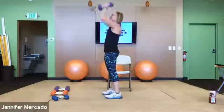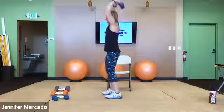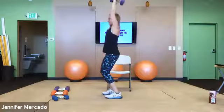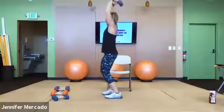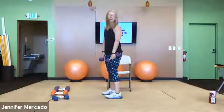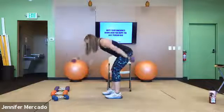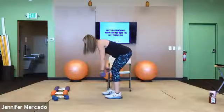Grab those dumbbells again, send them up overhead. 1, 2, get in your shock absorbers. 3, that was a reminder to me. And 4, lower them with control. Okay, back, bend over. 6, front back for 1,